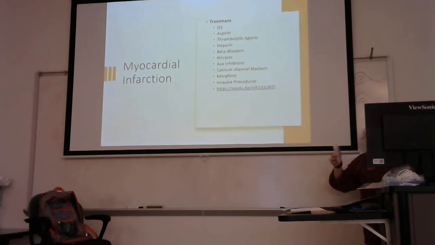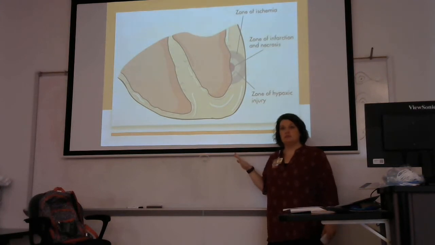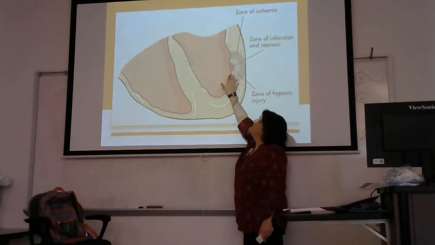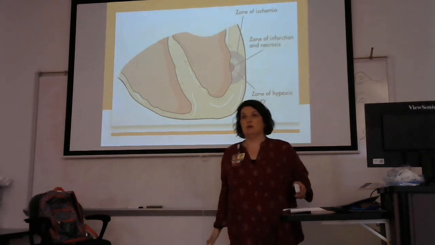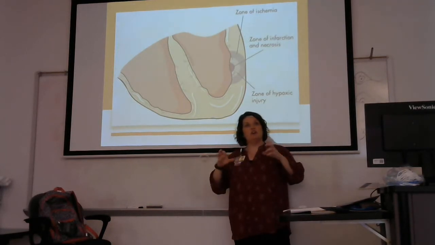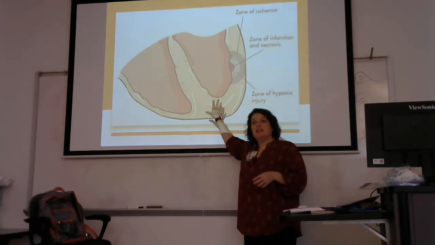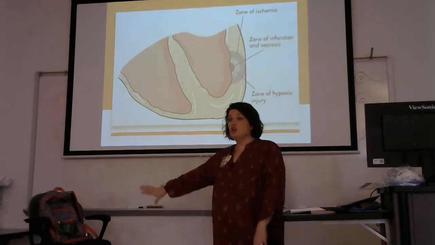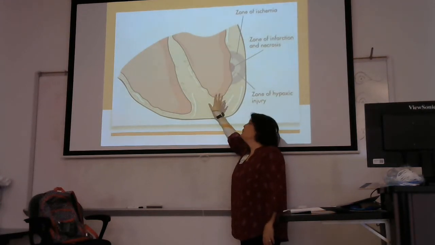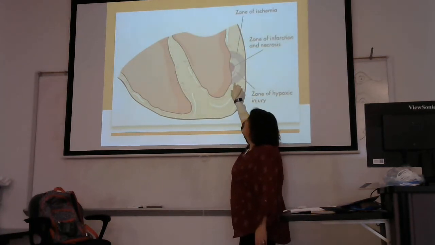So let me tell you what I mean by that. Do y'all know what I mean when I say ventricular remodeling? Okay, so let me show you. So remember this zone of infarction? Your heart's a muscle. If you don't use it, you lose it, okay? What I mean by that is, this area right here, this zone of infarction, is always going to be weaker. So what happens is the areas around it kind of become a little bit bigger, a little bit more developed to try and compensate for that. Well, the heart doesn't like that. The heart is most effective in the shape it's in currently. So then what we do is we give ACE or ARBs, and it keeps it nice and smooth